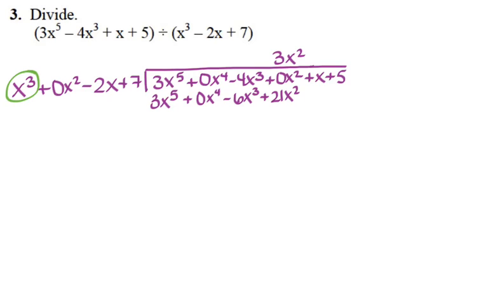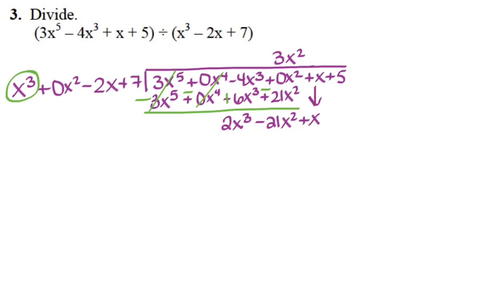Now with long division, you're always subtracting, so I'm going to draw my line and change the signs of all of the terms for that polynomial. This line's a little crooked, so I'm going to fix it. There we go. My first terms cancel. My x to the fourths also end up canceling because they were both zeros. That leaves me with 2x cubed minus 21x squared, and I'm going to go ahead and bring down the next